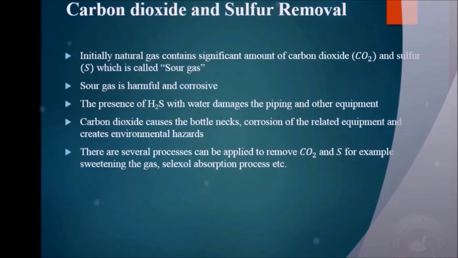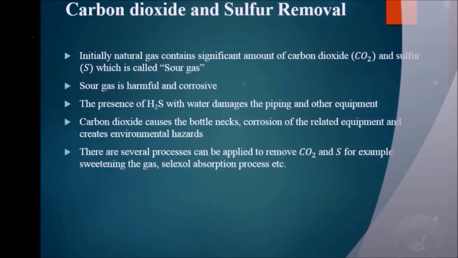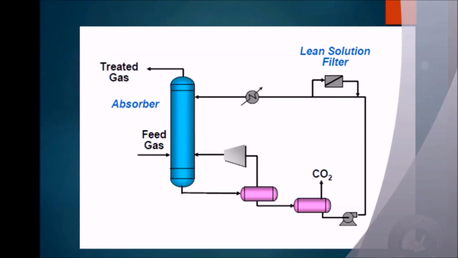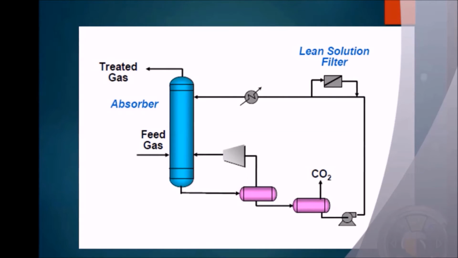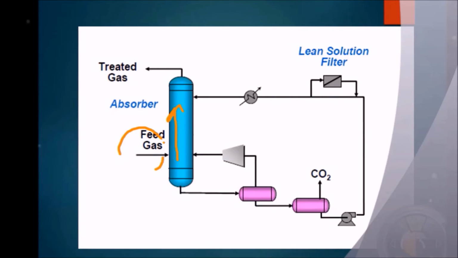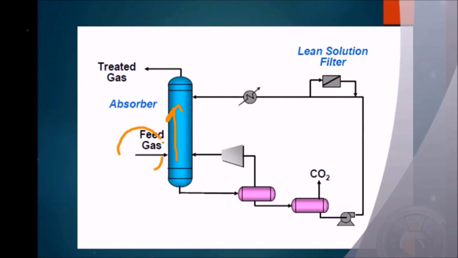There are several processes that can be applied to remove carbon dioxide and sulfur, for example, sweetening the gas or the amine process. The one we are introducing to you is the Selexol absorption process. Here's the diagram of the absorption process. Now we're starting with the sour gas here, which flows upward countercurrent to the lean solvent produced at the top of the absorber. The rich solvent leaves the bottom here